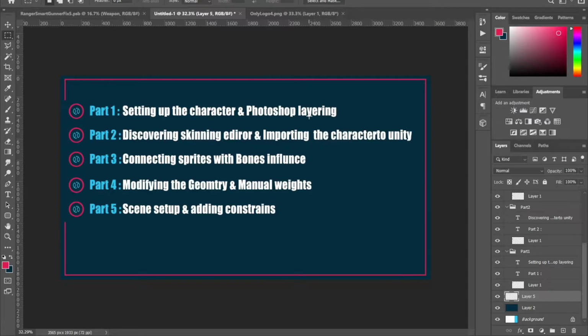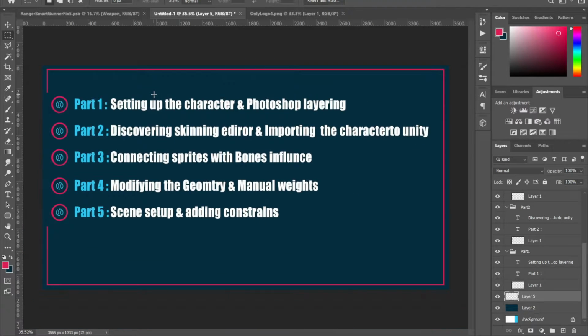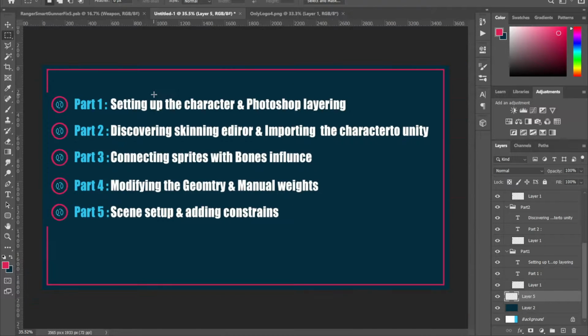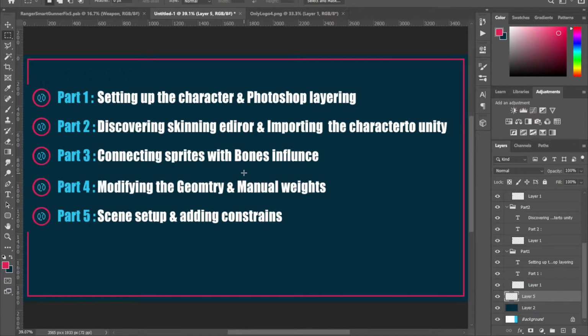So in this series of tutorials, I should be going through how to make 2D animation, like 2D character animation for games, especially using the 2D animation package in Unity. So I'll be going over roughly these steps. I may go over a bit more, but let's stick with these 5 parts at least, and maybe I'll be